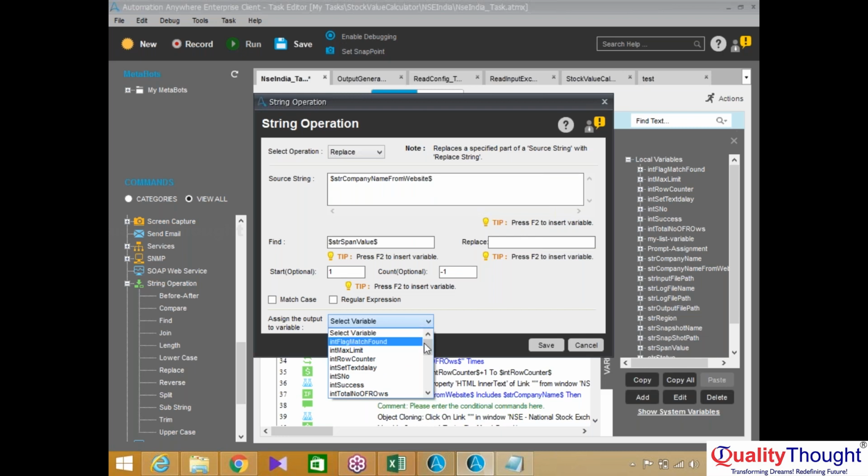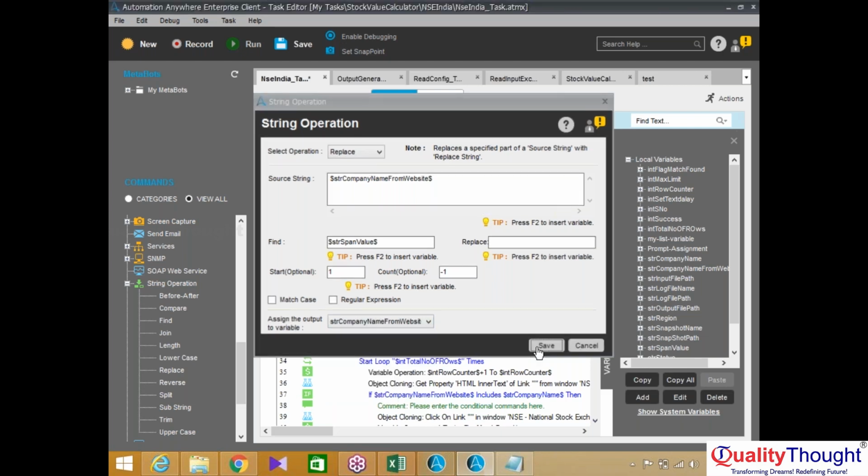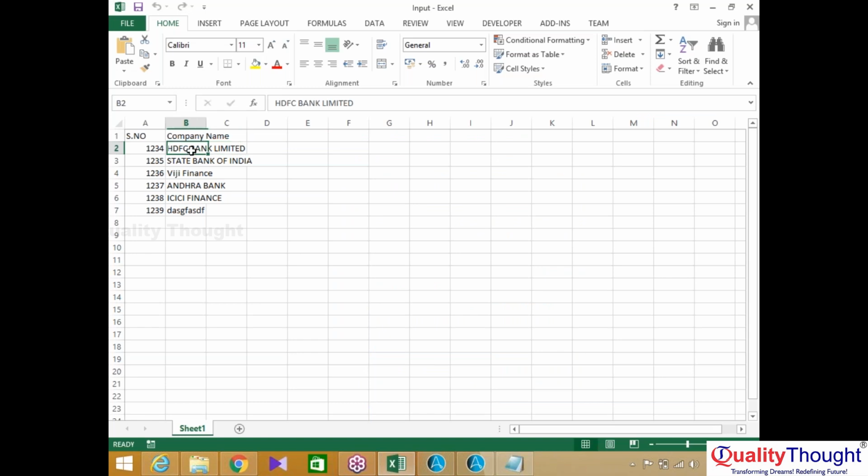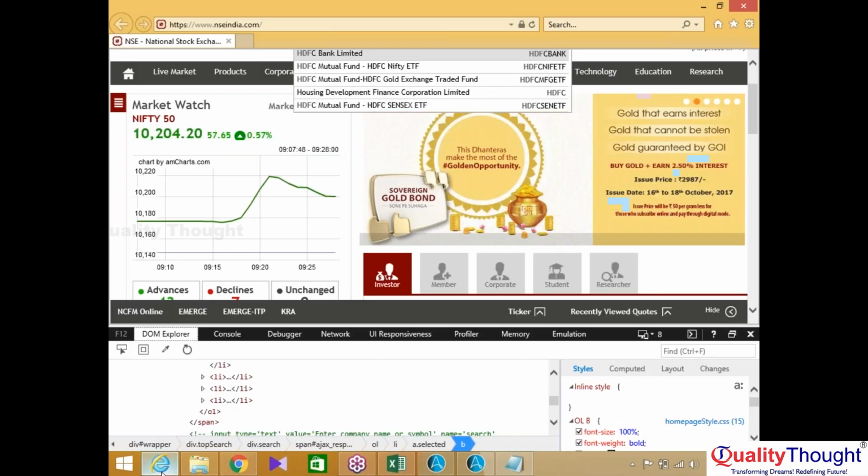Okay, don't create one more variable for that. Assign it to the same variable, HDFC Bank. We are comparing with this only. In the next line we are comparing using that. So these both should be equal now. Let me cross check whether there is any spelling mistake. LIMITED, HDFC Bank Limited, HDFC Bank